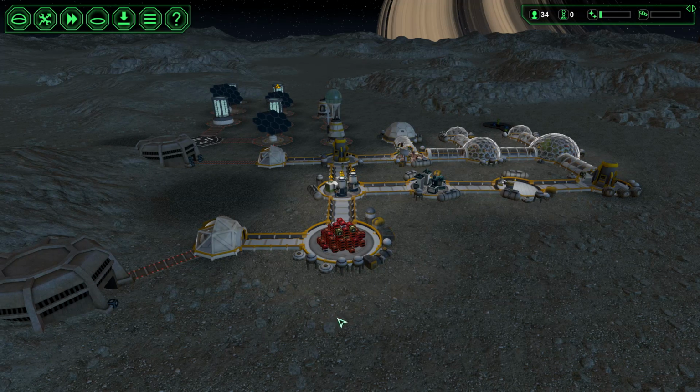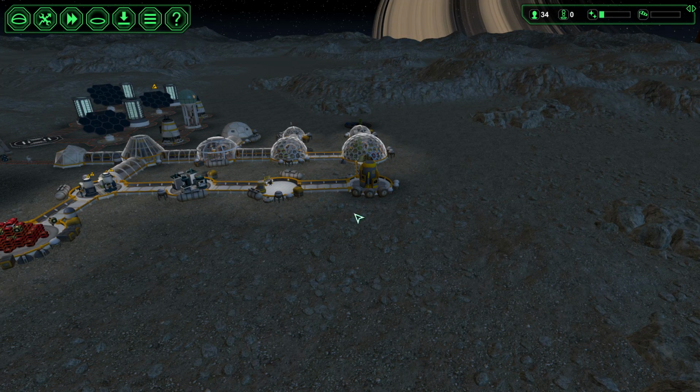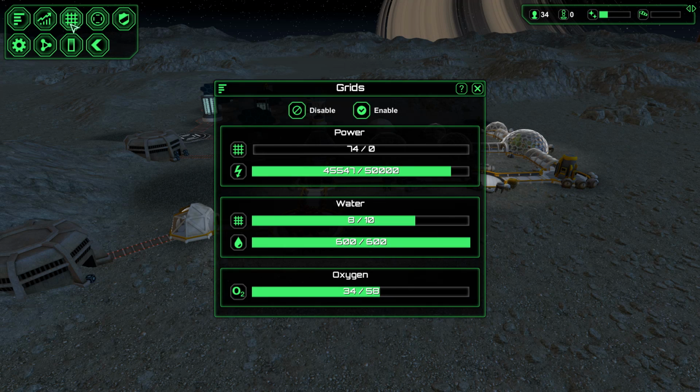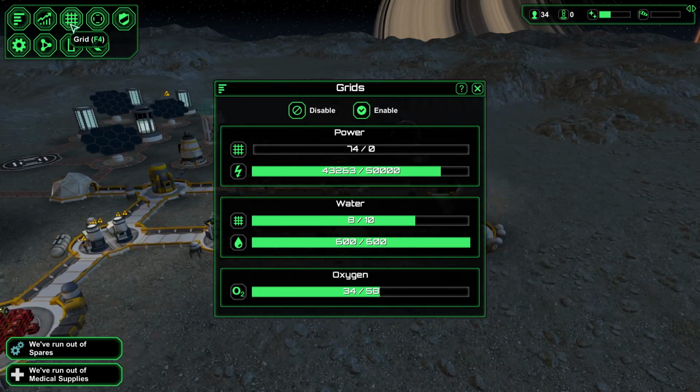I think I'll build the oxygen generator here. Processing plant, robotics facility, something or other. And oxygen here will be my next position, although we're doing okay for oxygen currently. It's a good idea to have the oxygen near the cabins and things, but...